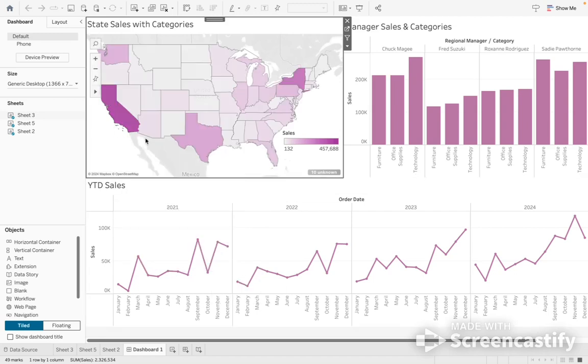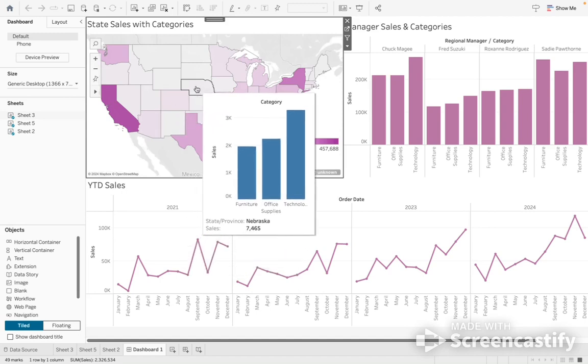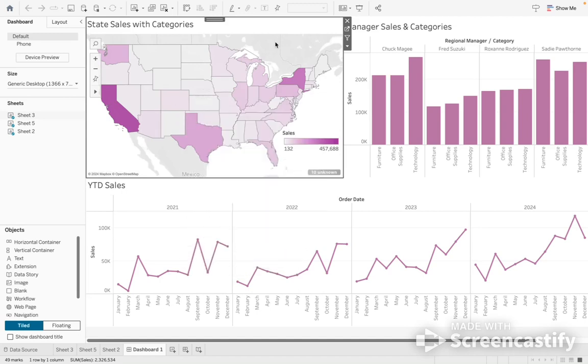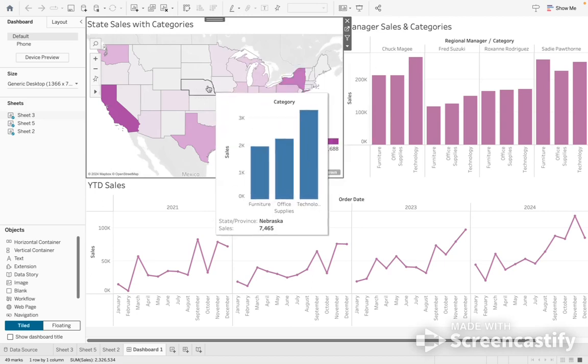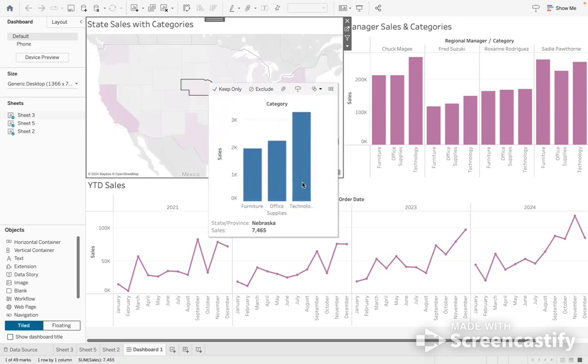And then if we want to look at, for example, let's look at Nebraska, one of the lower ones, because it is a lighter color on the graph, meaning that it didn't have as high sales as the other ones. Technology, again, was the highest. Office supplies coming next, and then furniture with the total right here,